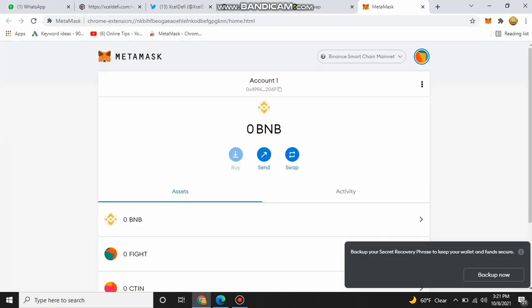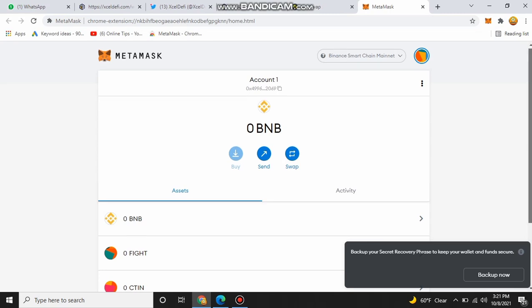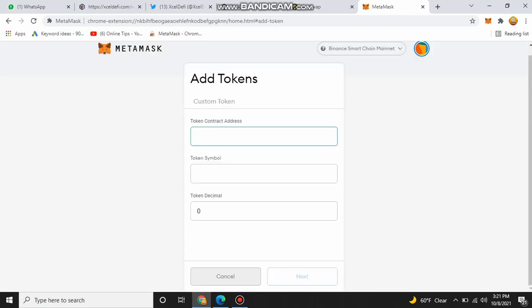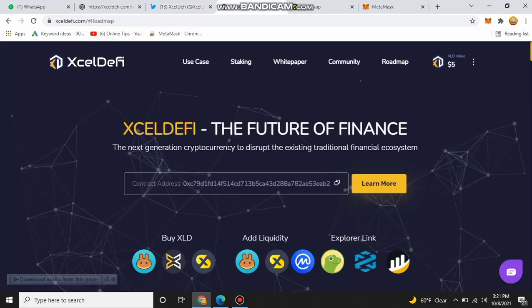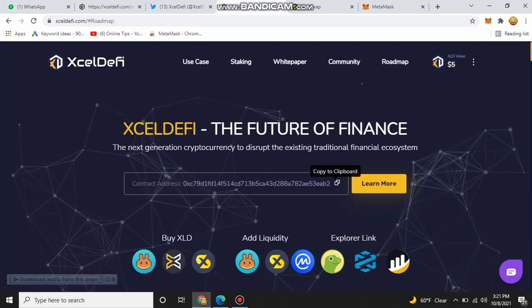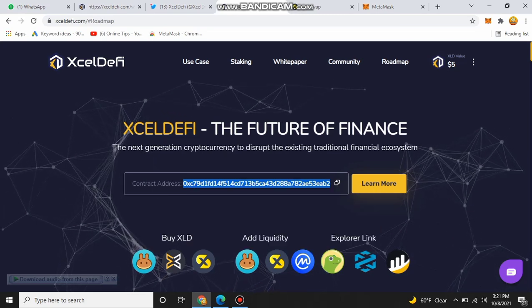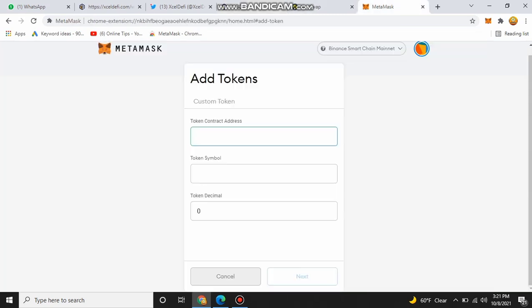When the expanded view opens, click on add token, and here you need to paste the address that we copied from their website homepage.